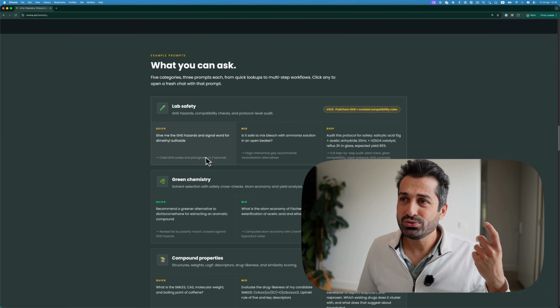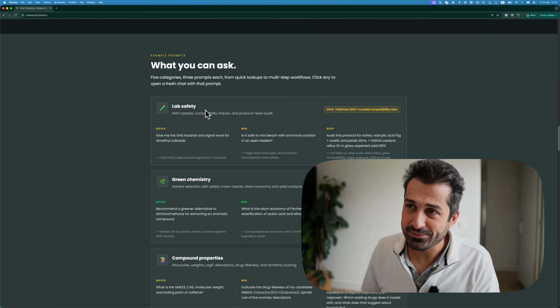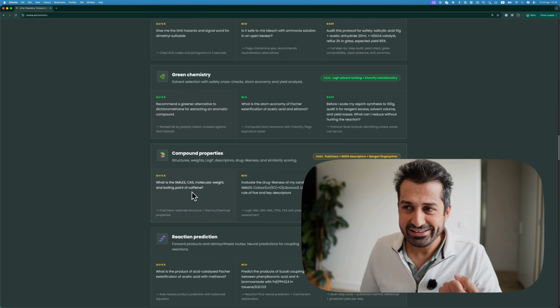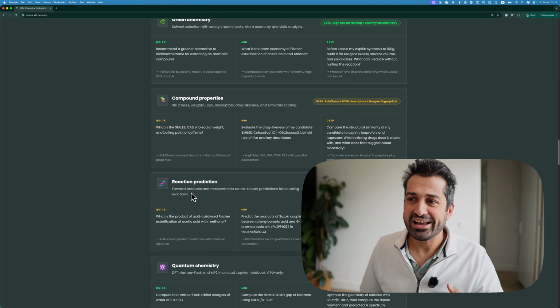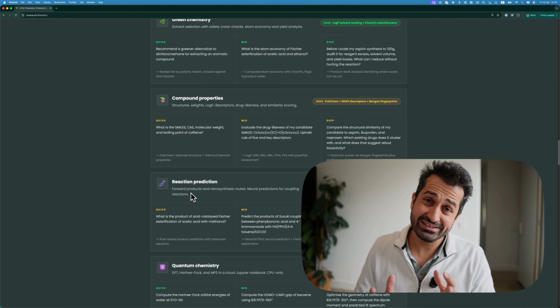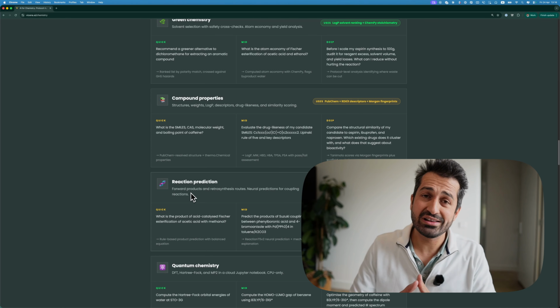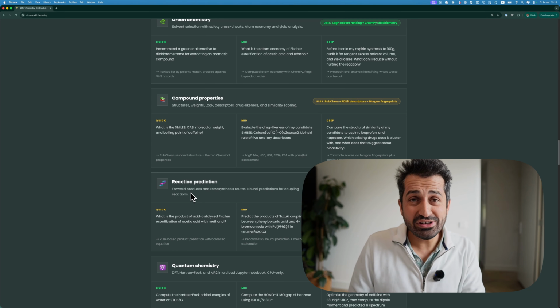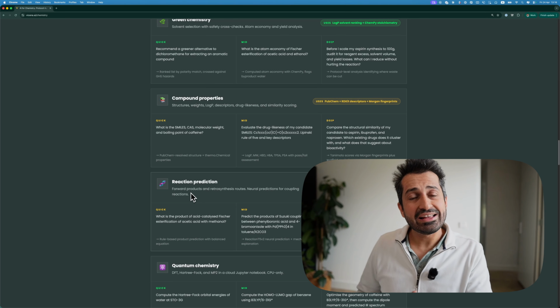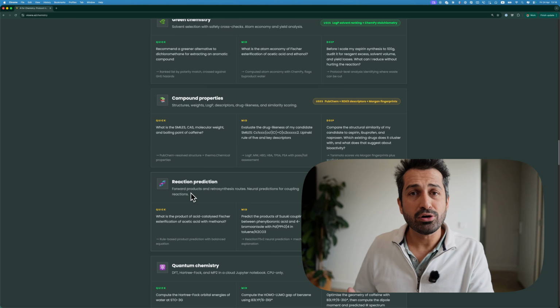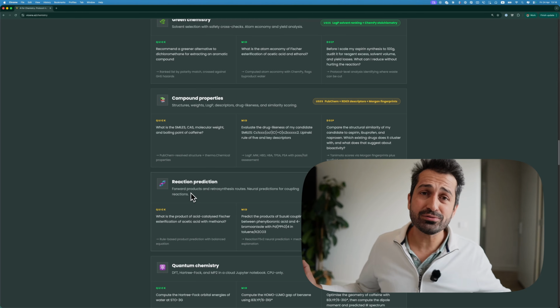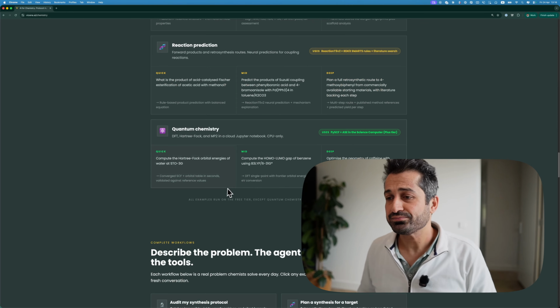You can check lab safety for a work, green chemistry, compound prediction, and reaction prediction. The things that you would use a package like Reaxys for, but here AI does it for you. You don't need access to those things, you don't need to learn, install, or pay for any of those things.